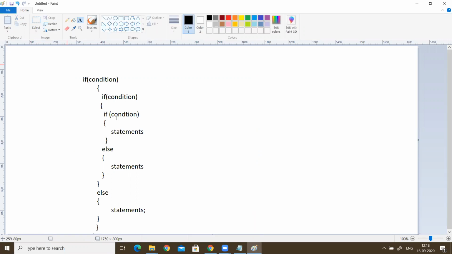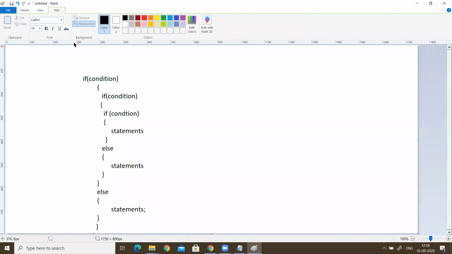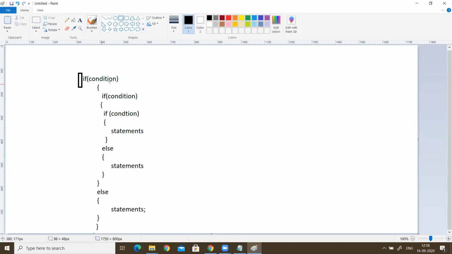See here, first if condition we have. First if, this if condition. See, we can take this one. If this condition is true, then all these will execute, from here to the complete statements. Okay, so from where this started and closing. Yeah, the next, if this condition is true, then it enters into one more condition. If this condition is true, then enters into one more condition. Okay? Then if this condition is true, then these statements will execute.